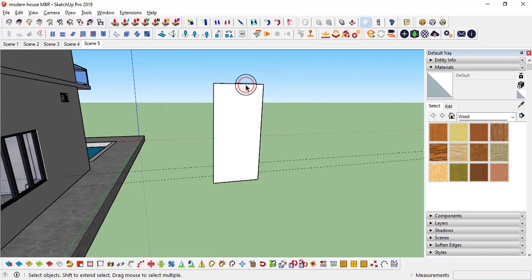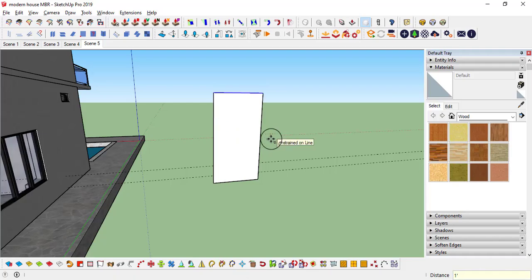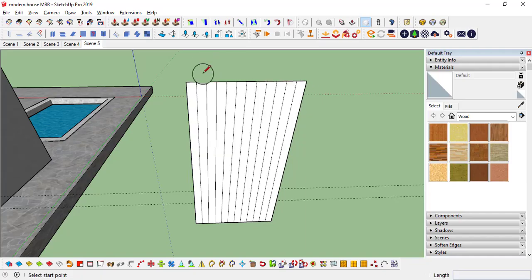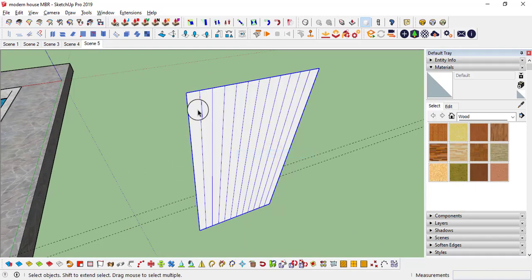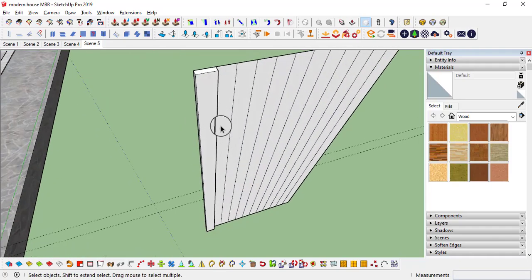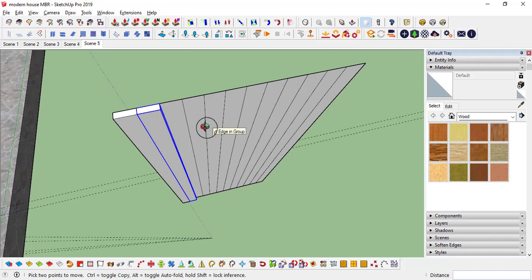So I will move this line in the negative Z direction, 1 foot. That's it. Ctrl+M, move it and divide it by 12. So each one would be 6 inches, and I will make it a group, and I will make a box like this, push-pull it just 2 inches, okay, and I will make it a component. Then after Ctrl+C, I will paste it X11.